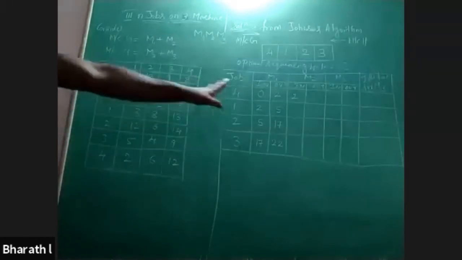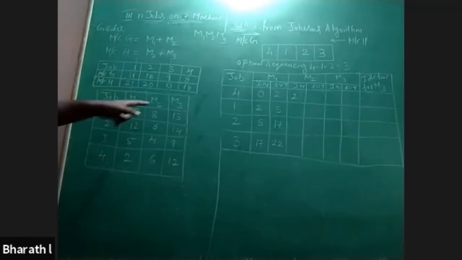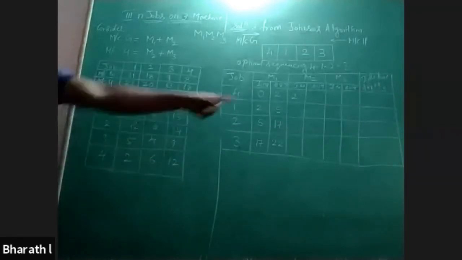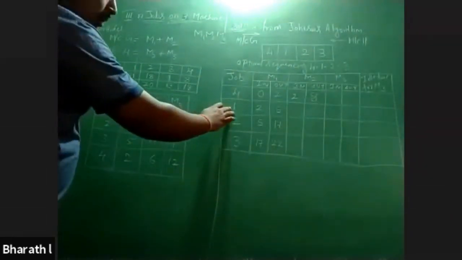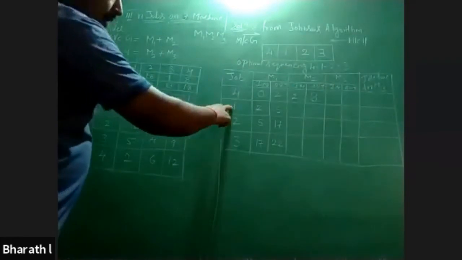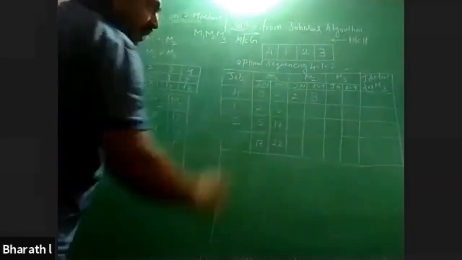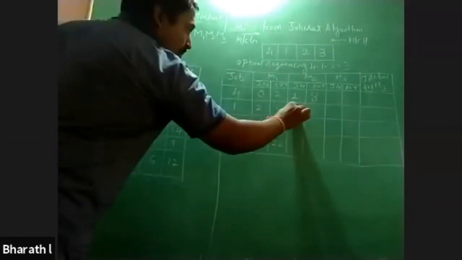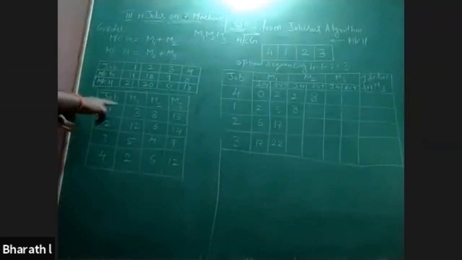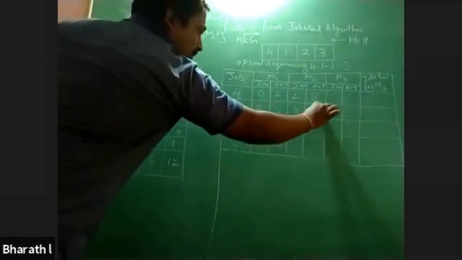Forget about machine 1, it is already over. We'll check with respect to machine 2 for job 4. For job 4 on machine 2, we have 6. 6 plus 2 will get 8. The next, job 1 on machine 1 is completed in 5 minutes. Even though job 1 is completed in 5 minutes, the machine is not available because job 4 will take 8 minutes, and hence job 1 will enter machine 2 after 8 minutes. Then similarly for job 1 on machine 2, we have 8. 8 plus 8 will get 16.